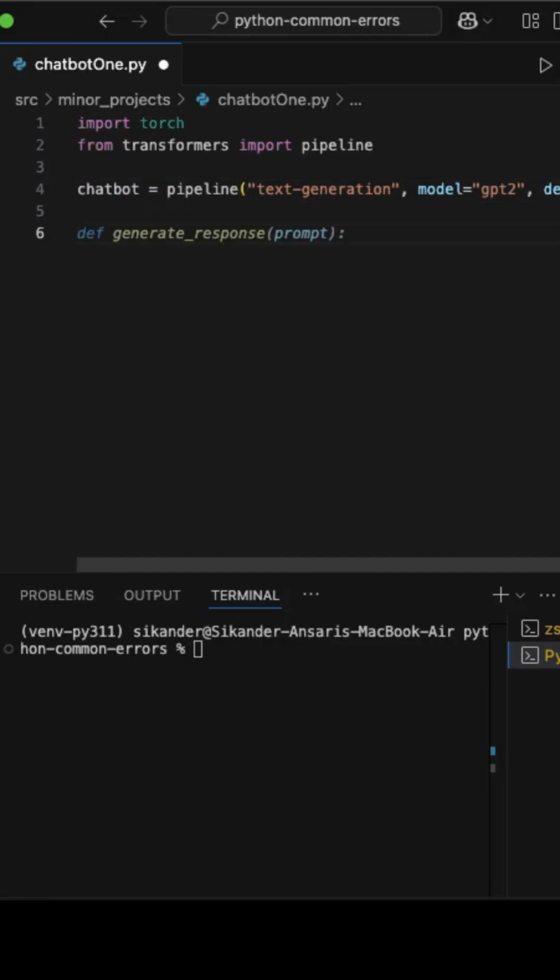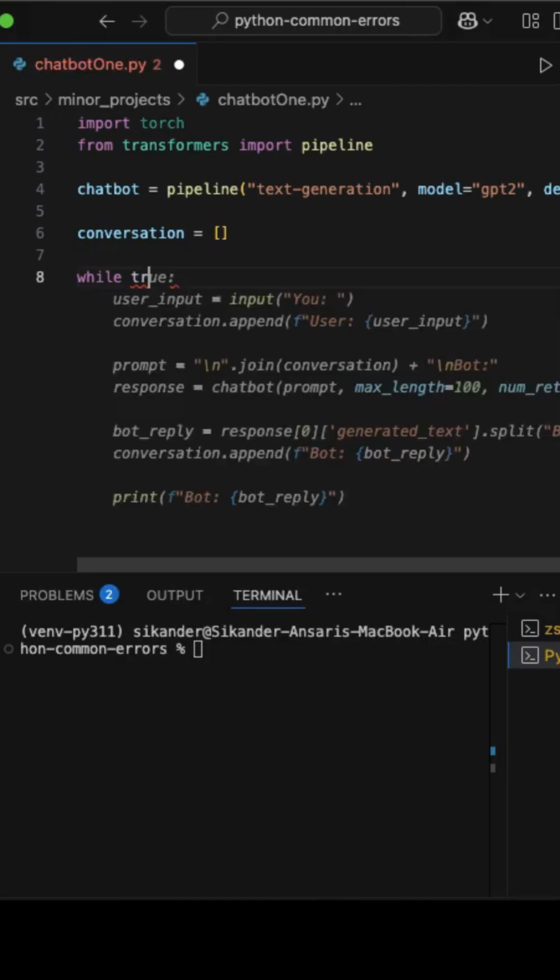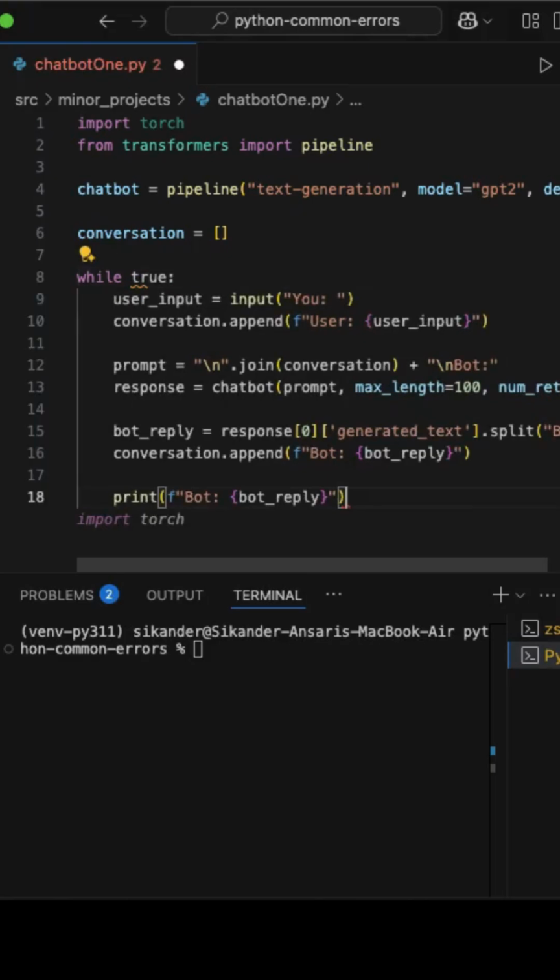Prepare conversation list. Now, we need a list to store the conversation history. This will help the chatbot keep context and remember previous messages in the chat. We create an empty list called conversation, conversation equals an empty list. Every time the user inputs something, we'll append it to this list, and the chatbot will use it